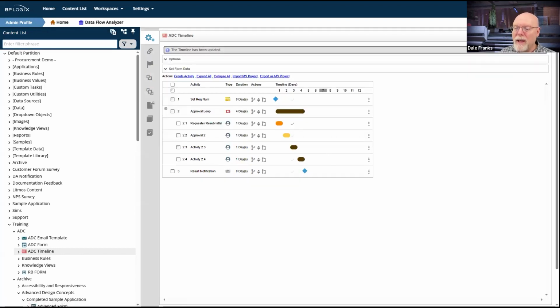And so here's what I expect to happen testing my process timeline so far. I'm going to submit it. I expect a request number to be set. It will then enter the approval loop activity. It will skip request or resubmittal. And then, because I have timeline initiator set as the person who is doing approval number 2, it will assign the approval number 2 activity to me. I will hit resubmit, and then it should just assign me request or resubmittal as it restarts the loop. This is what I expect to happen.